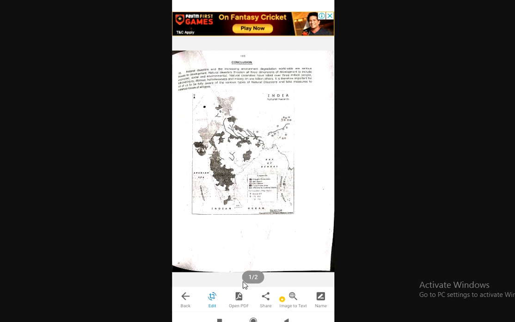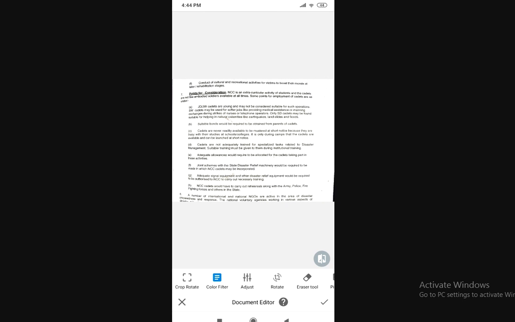and at the bottom it's showing 1/2, that is the first picture of the two pictures which are in the document file. Now you can also edit this picture. The edit option is there at the bottom menu. If you click on the edit option, like I'm editing this second image, I'll click on edit. These are the various options which I'll get.